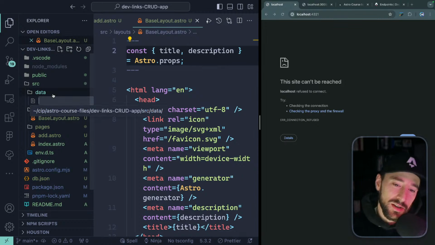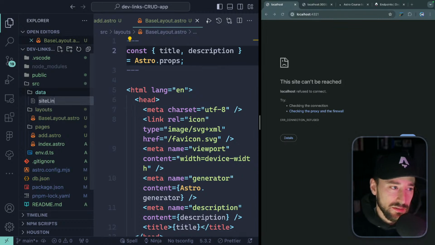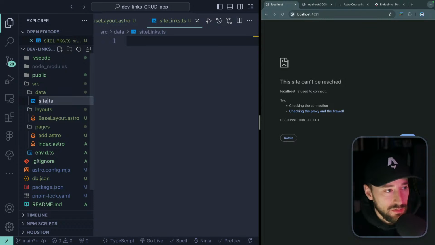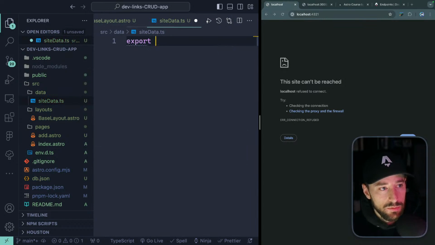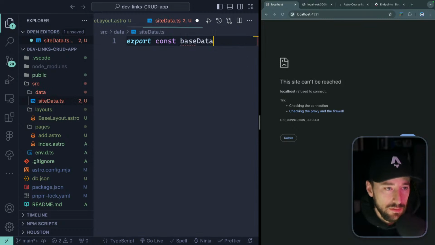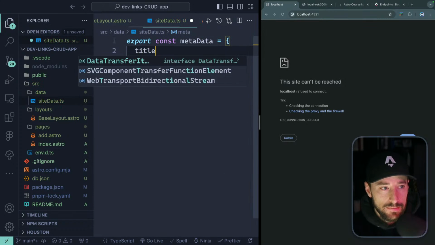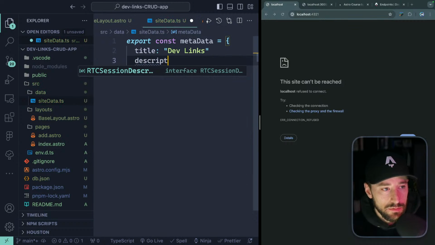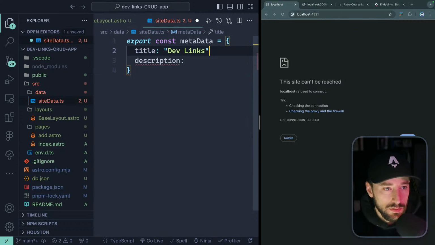We'll do like site data dot ts. Export const, like base data or something like this. How about like metadata? Title will be dev links. And description will be,